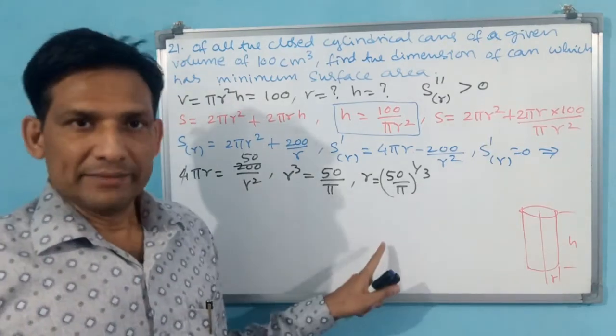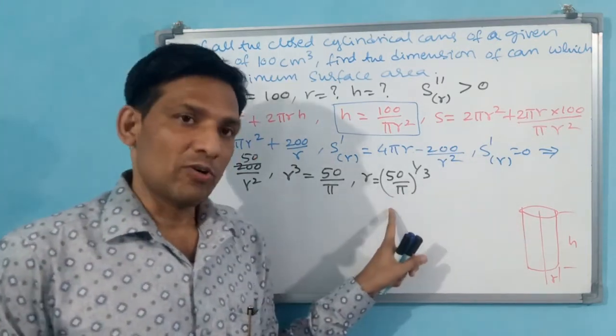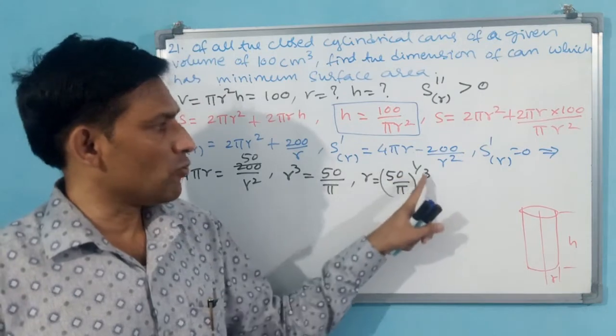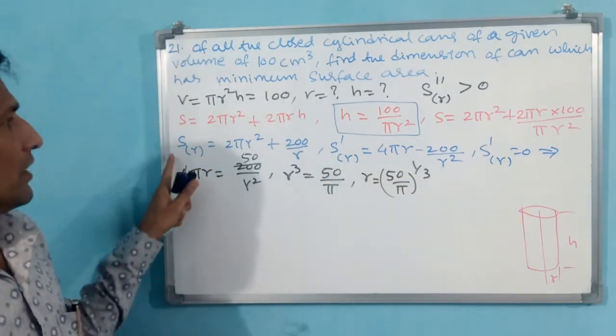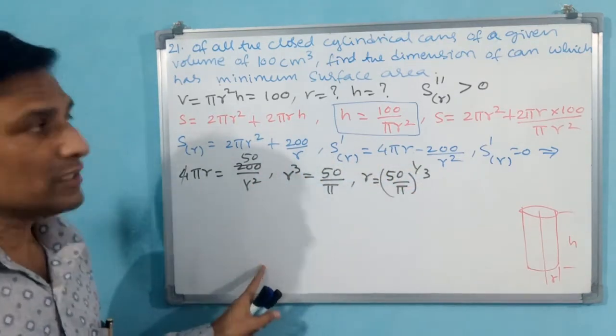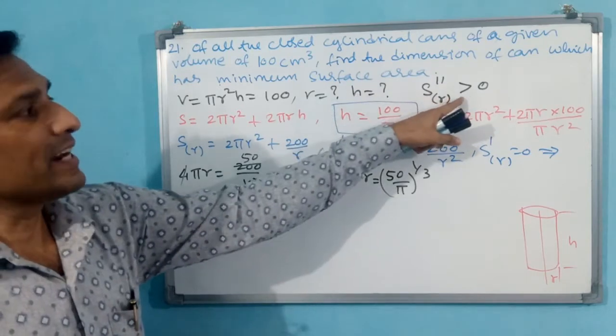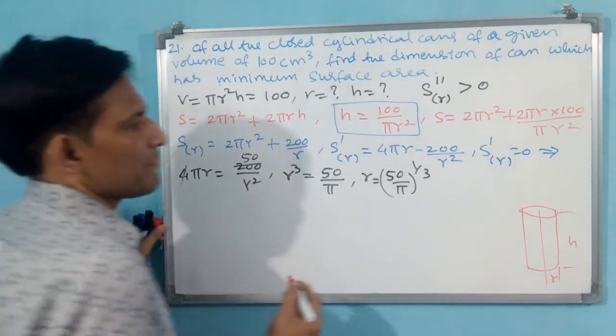One value you have got, S dash r you have made 0, and one value you have got, r radius is (50 by pi) whole to the power of 1 by 3. Okay, now you see, S double dash r you have to find and substitute this r in that, and it should come greater than 0. Why? Because for minimum surface area, that also you do. Write down S double dash r implies,